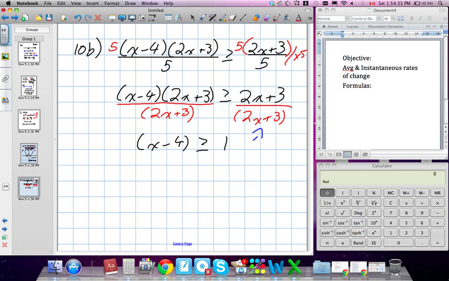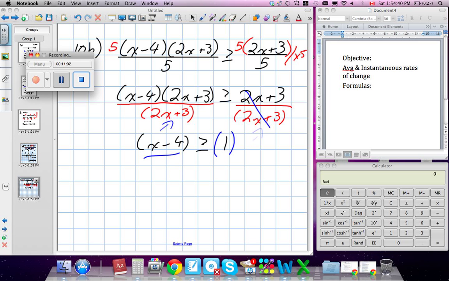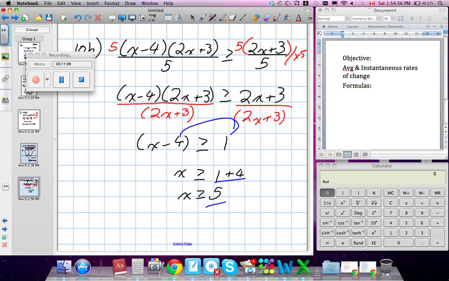So we divide both sides by 2x plus 3, and when we divide, these two become 1, and we're left with x minus 4 on the other side. Yeah, it says x greater than 5. Bring the 4 over, minus 1, x is greater than or equal to